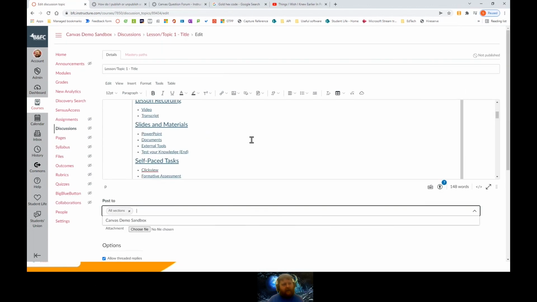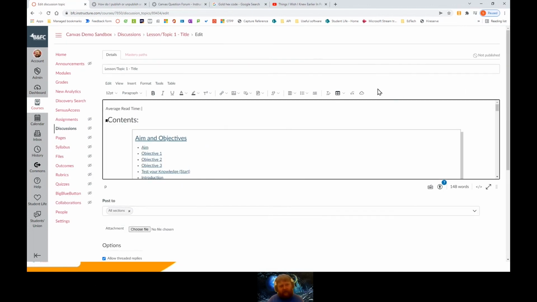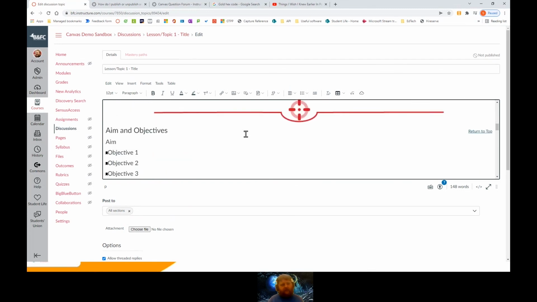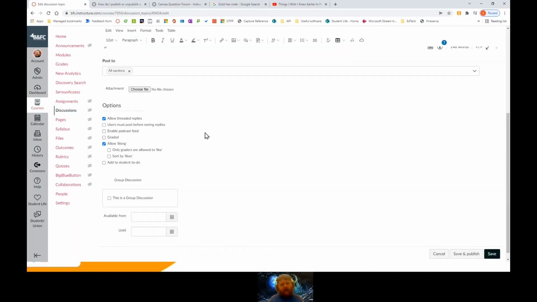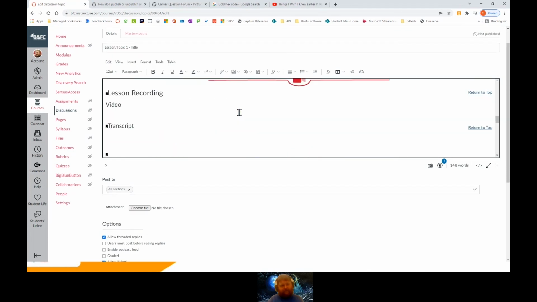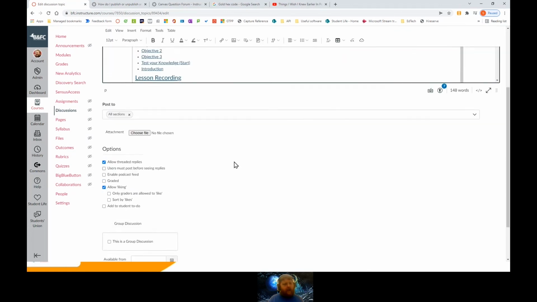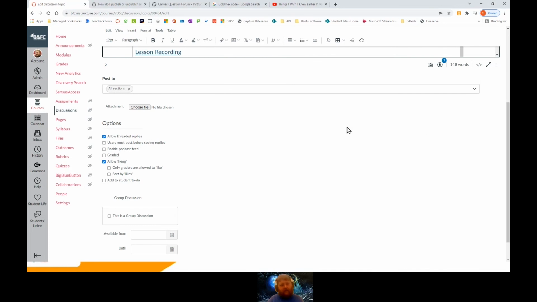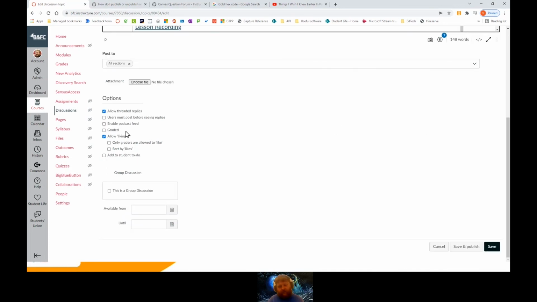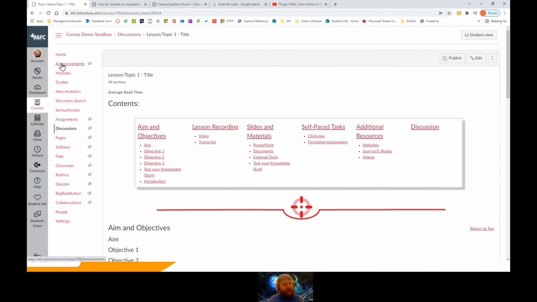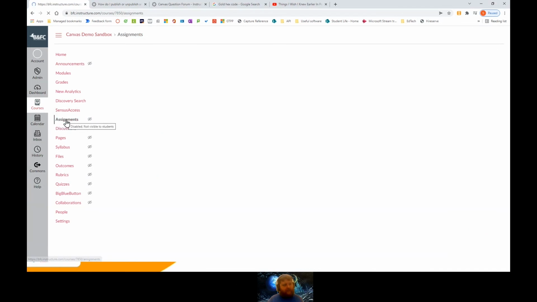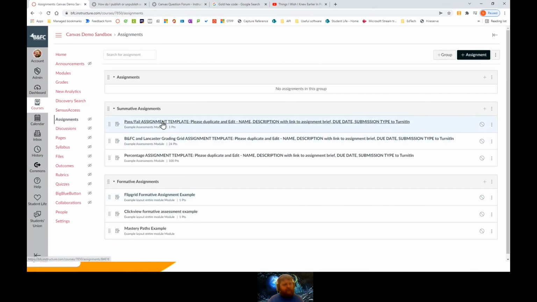And you can see on here, this is exactly the same as the page was. All the same tools that you had there, all the same things going for us as they go through and fill this in. With it being a discussion group, we have some extra options at the bottom, but you go through and set those up and decide what you want to have on there. It's the same again when we go to assignments. So if I jump into an assignment